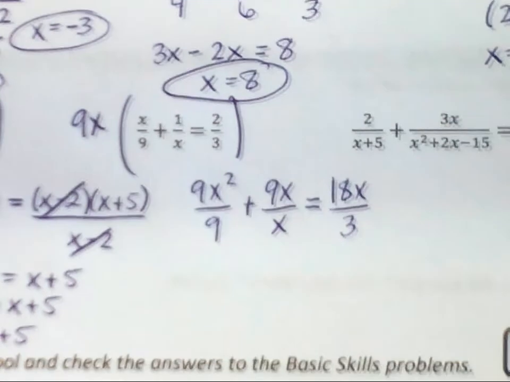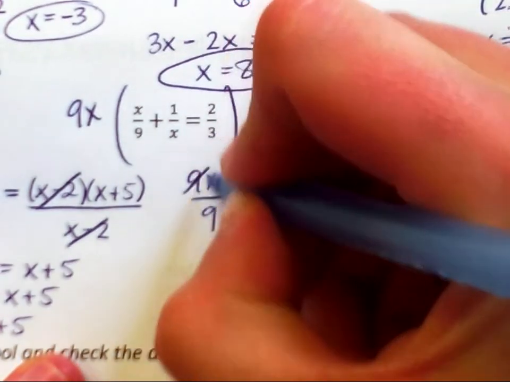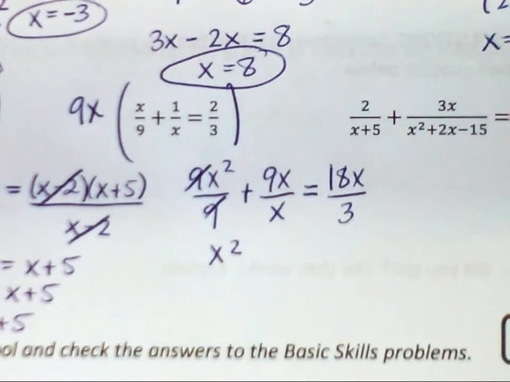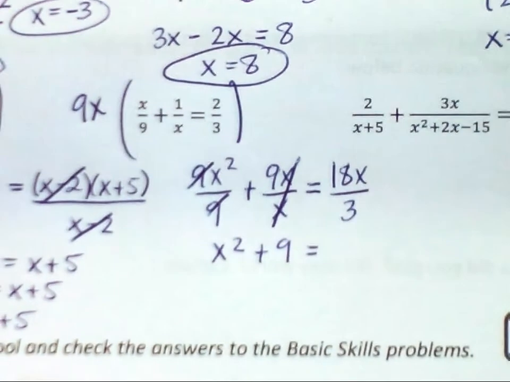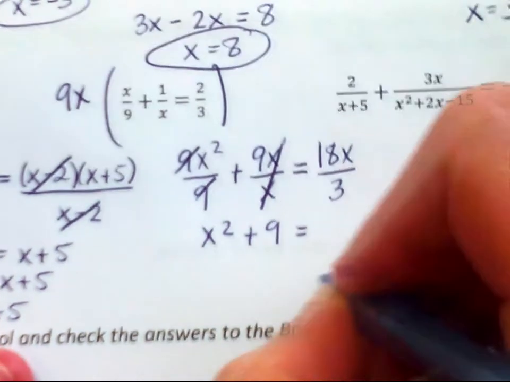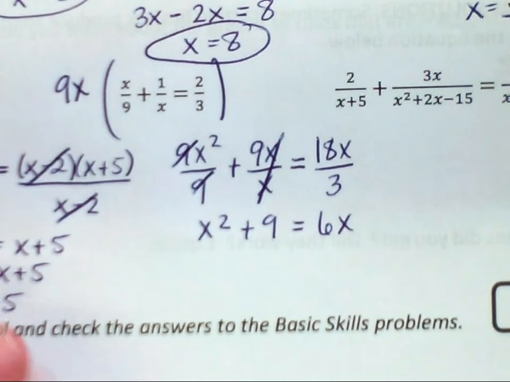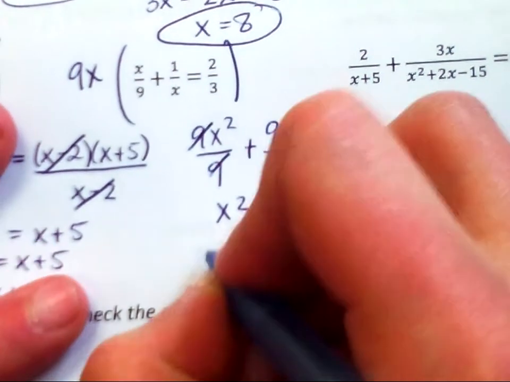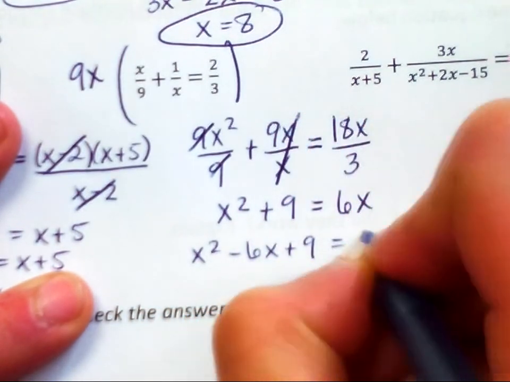This is going to be another quadratic. So reduce the first term, the 9's cancel, and we have x squared. Cancel out the x's, and you have plus 9. And 18x over 3 is 6x. So we have another quadratic. So I'm going to bring my 6x over and stick it in between. So I'll have x squared minus 6x plus 9 equals 0,